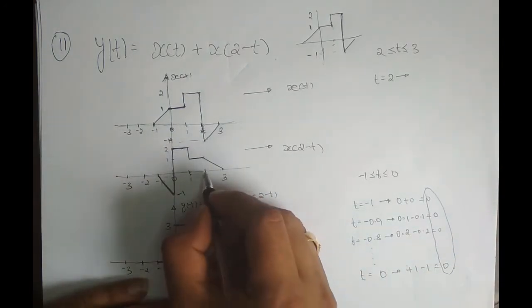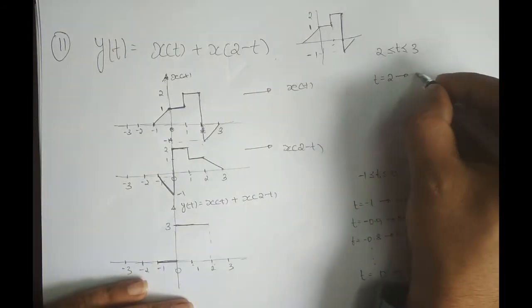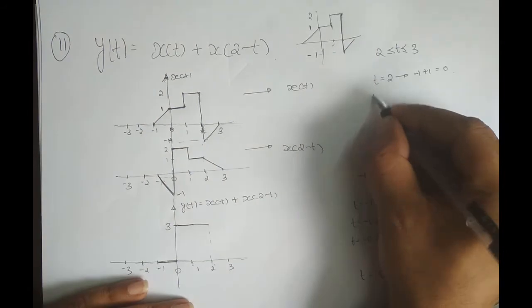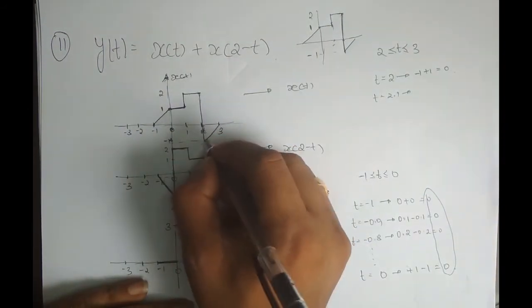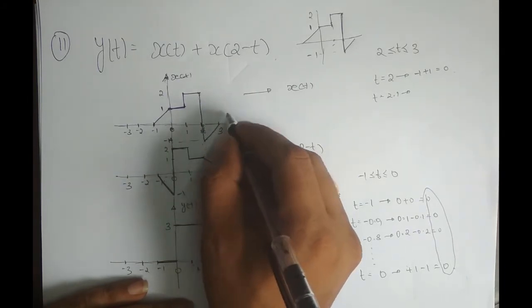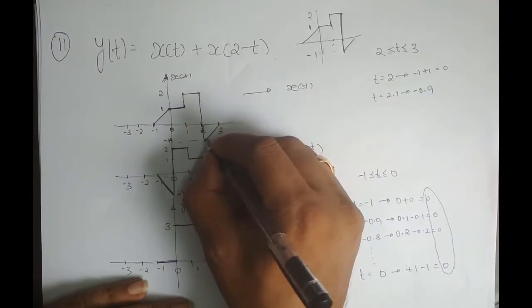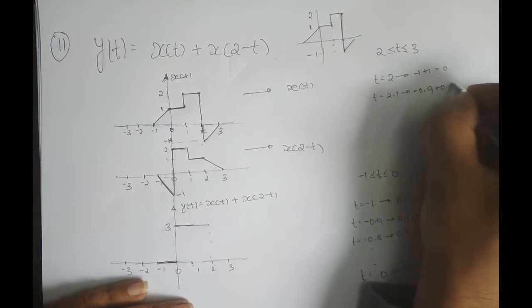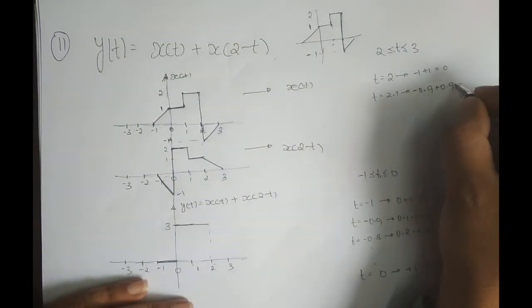Correct, no? So now just after 2, what is the amplitude of the second signal? It is plus 1. So minus 1 plus 1 cancels out. I get 0, right? Now at t is equal to 2.1, what's the amplitude of the first signal? It is going back from minus 1 to the positive side, so I take it as minus 0.9. What's the amplitude of the second signal? Plus 0.9, because it is falling from amplitude 1. So plus 0.9 minus 0.9 cancels out.